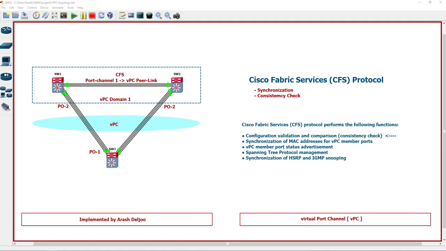What is state synchronization? Let me review some of the functions of state synchronization. For example, one of them is the MAC address table. The first is the MAC address table. Maybe you find another